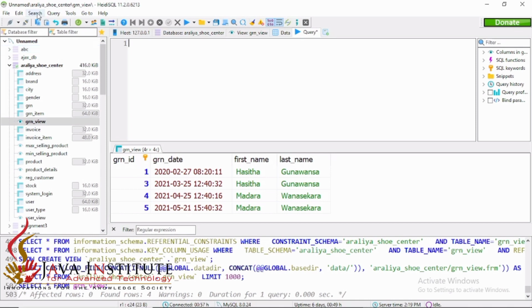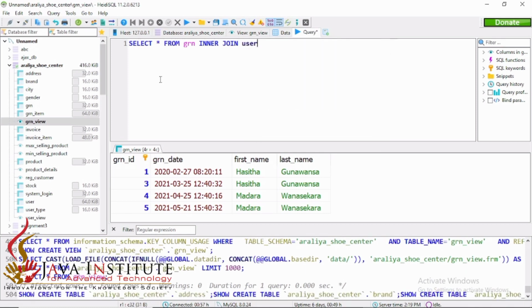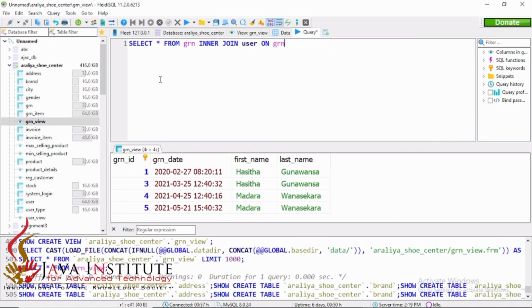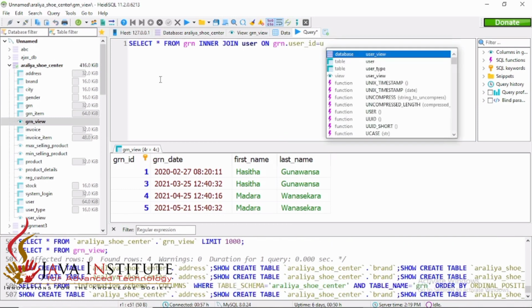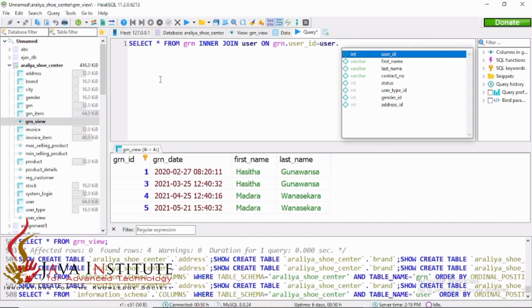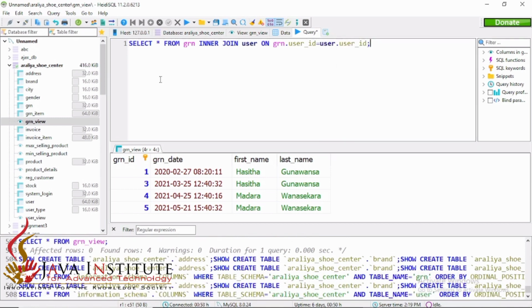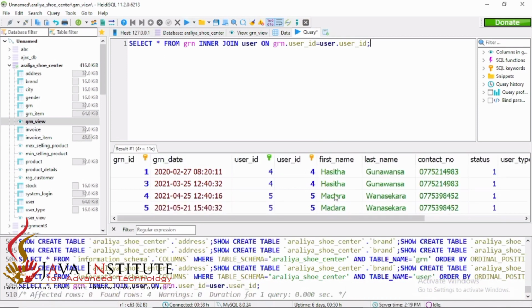Select all from GRN, inner join GRN item, inner join user on GRN table's user ID should be equal to user table's user ID. Okay, let's execute this. So you can see all the details are coming here.